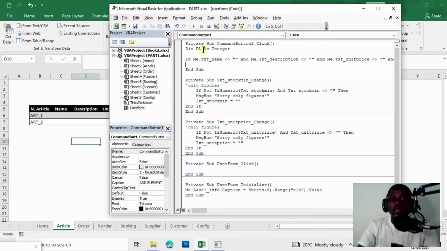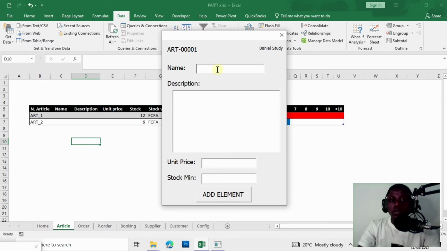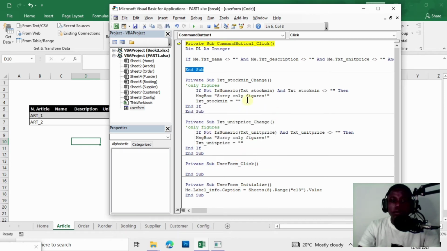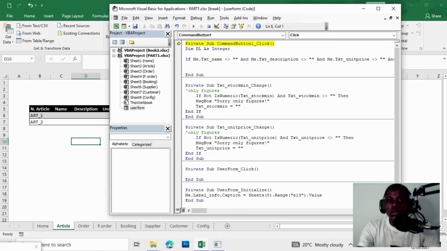Okay, this first line of the formula is because if one piece of information here is lacking, then it should not be able to fill itself here automatically. If one piece of information is lacking, that means the name is maybe lacking. When we press on add new element, it should not be able to appear. So that's it. So next now we're going to do